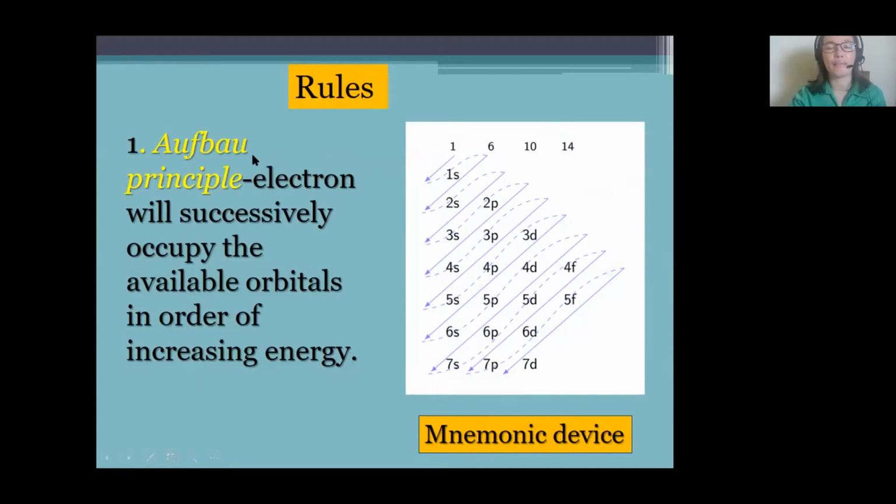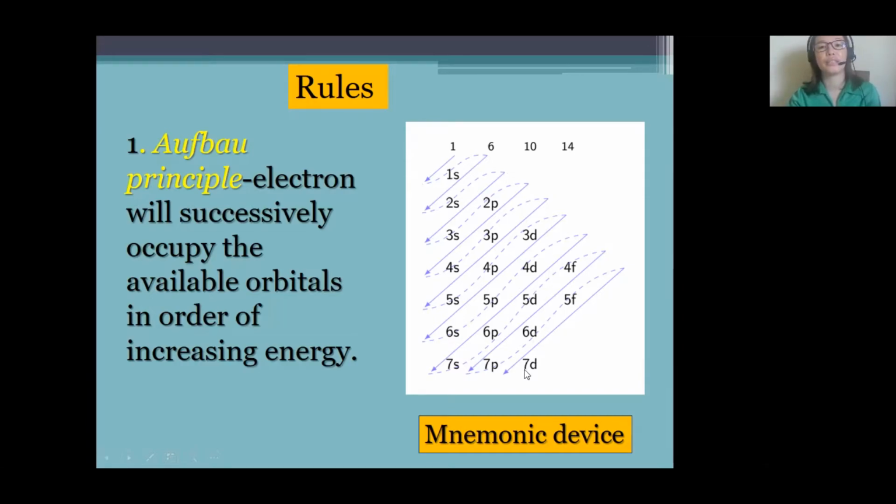The first one is the Aufbau principle. It's a German term meaning building up. Here, electrons will successively occupy the available orbitals in order of increasing energy. And in writing electron configuration using Aufbau, we are going to make use of the mnemonic device. So again, this mnemonic will help us check the arrangement of the electrons from the lowest energy level down to